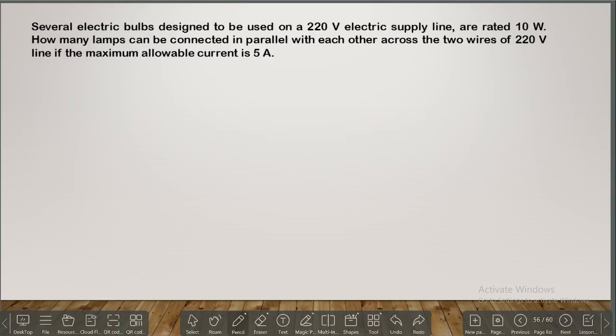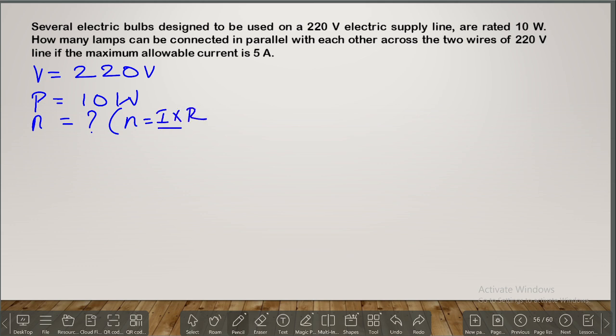Next, several electric bulbs are designed to be used on a 220 volt line. That means the potential difference V is equal to 220 volt electric supply line. Rated, that means the power of each bulb they said it is 10 watt. How many lamps? That means the number of lamps we need to find. So you can go along with the formula. N is equal to I into R by V. Clear? Can be connected in parallel across the two wires of a 220 volt line if the